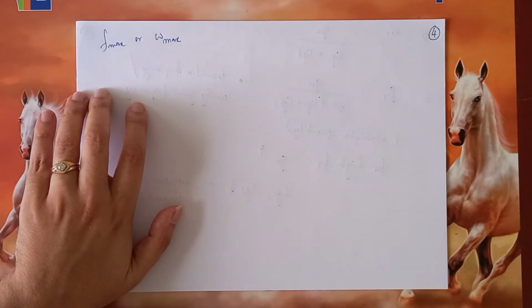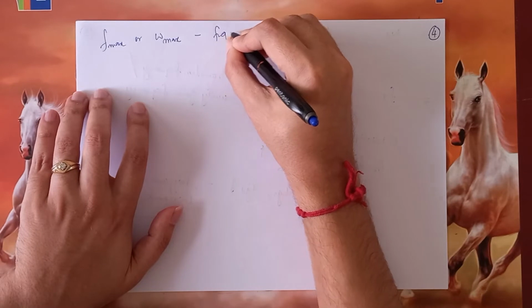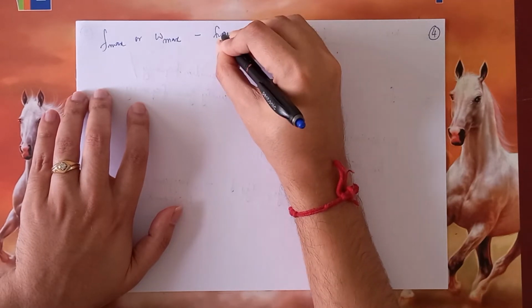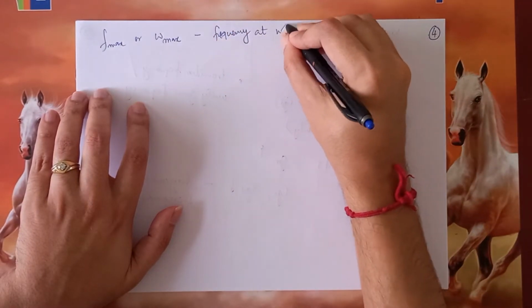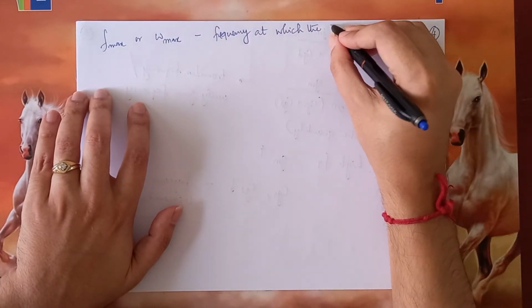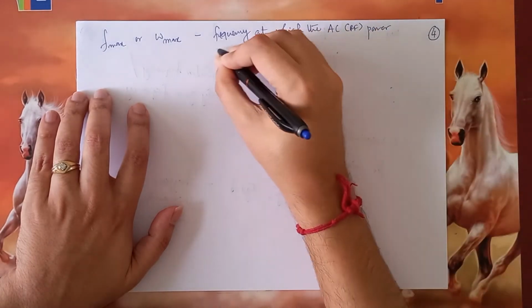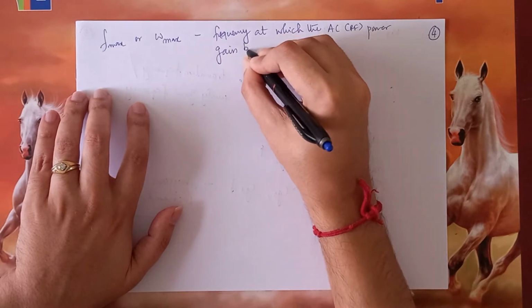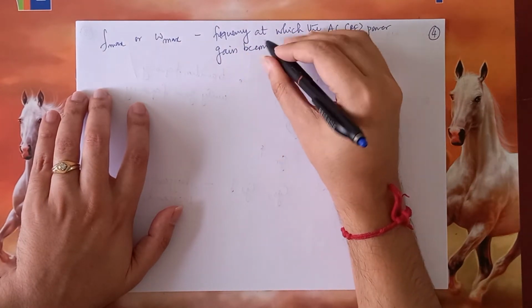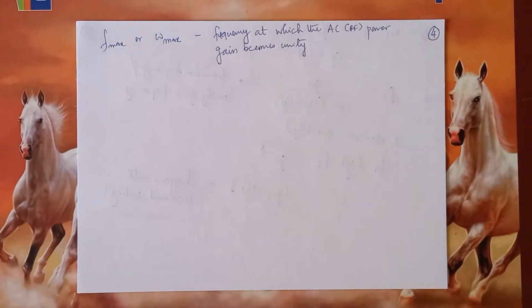And that is the frequency at which the power gain of the transistor becomes unity. The AC or the RF power gain, or what we call the